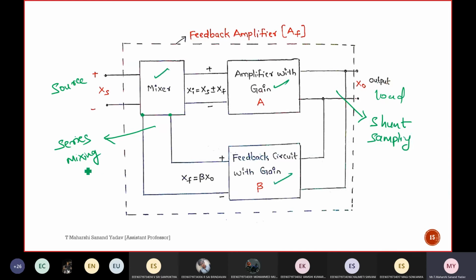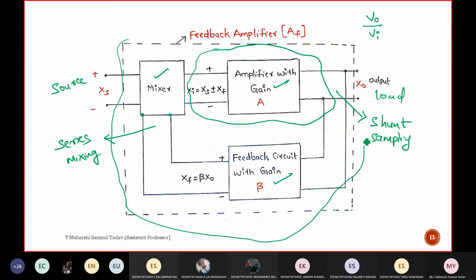Gain, feedback path. Okay, suppose if it is a feedback amplifier, the entire part you need to consider. Or else only this part is enough. If there is no feedback, till here it is enough. Simply I can write it as output voltage by input. Suppose if you are including feedback, then the overall circuit you need to consider. This is the overall circuitry. I've included this with a dotted line here.